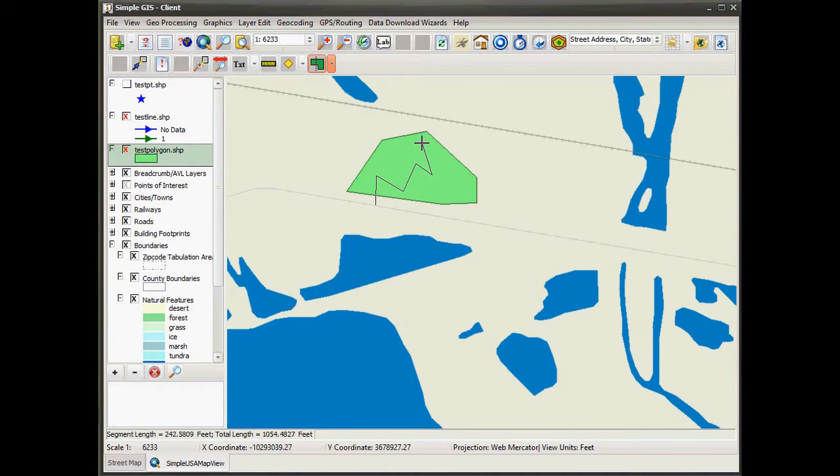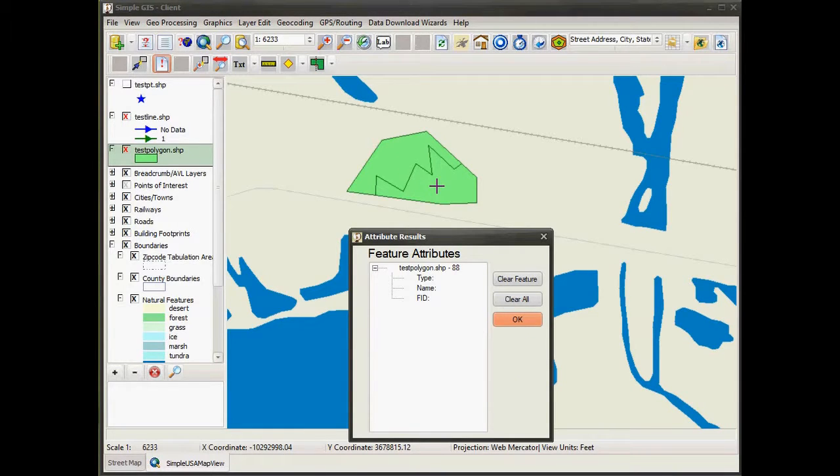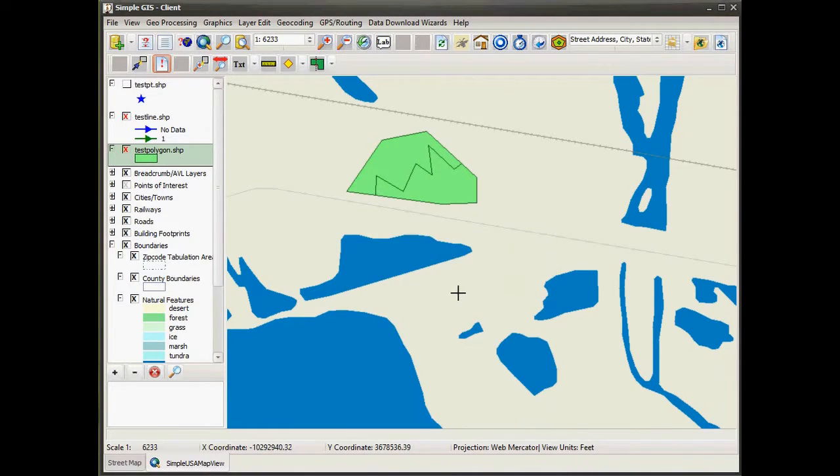line through this polygon, which will be used to split the polygon into separate features, which I can see that it actually did. If I use my feature identify button and click on this, I see that I actually have two separate polygon features now in my shapefile, as it broke this polygon based upon the line that I drew through the polygon. So now I have these two polygon features that have a common boundary between them. And if I wanted to edit this boundary in any way, as I can see, it's kind of a zigzag line,